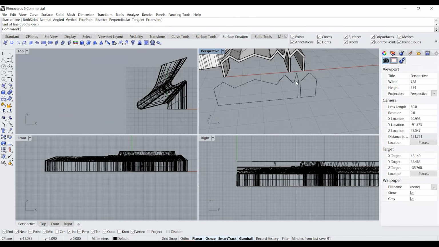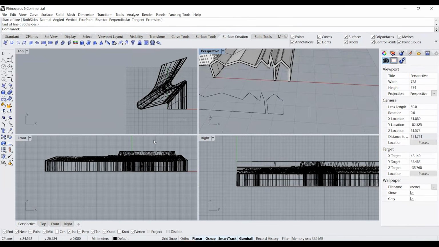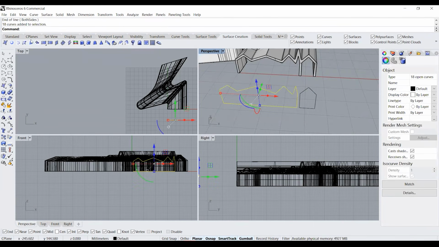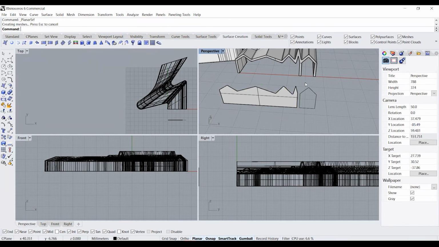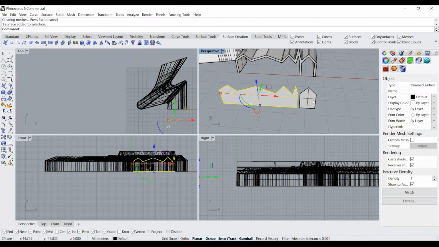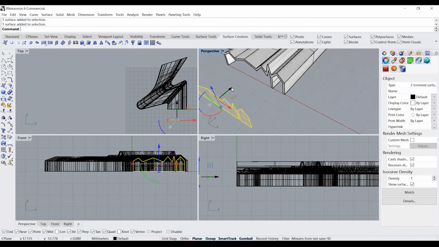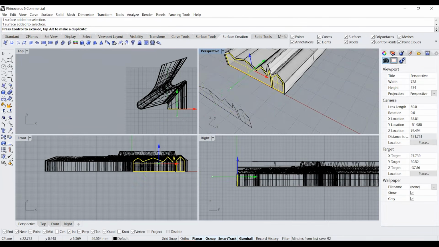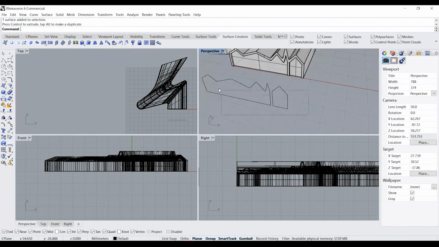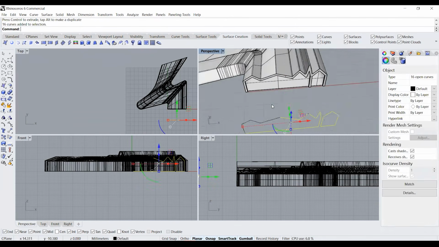Now I'm going to select this first set and then create surface from planar curves. Similarly with this second one here, surface from planar curves. I'm going to take these two surfaces and then make them behind. We don't need these curves anymore.